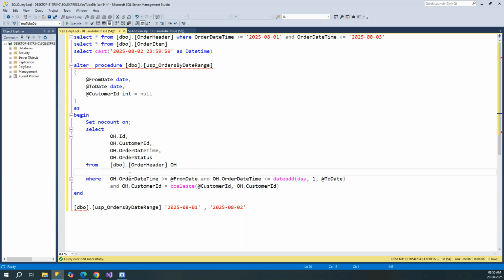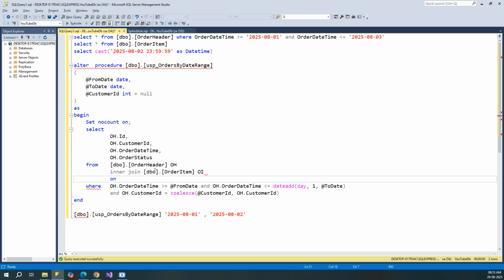Now let's bring out the order items also, right? So we will say inner join. I'll take it from here, OI basically, and on, and we know that OH.ID, that is our order ID, should be equal to OI.order